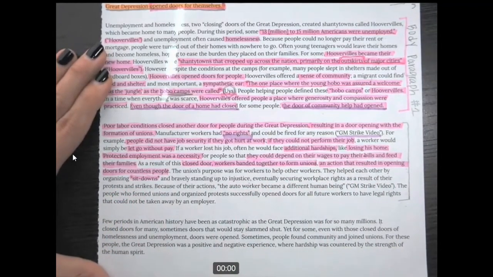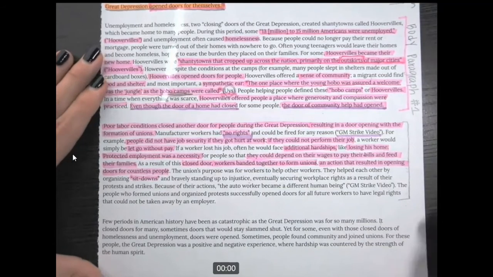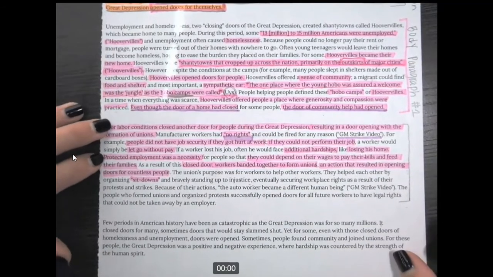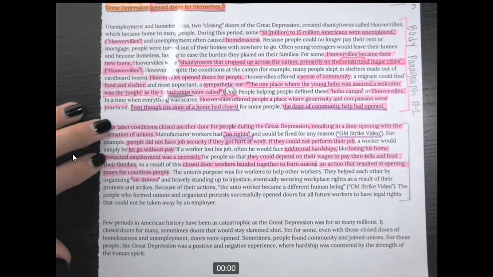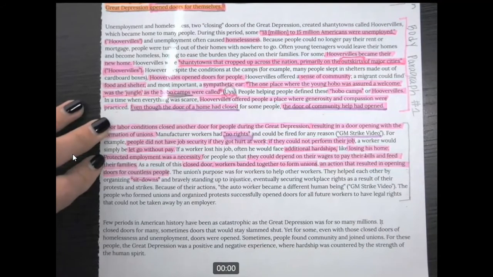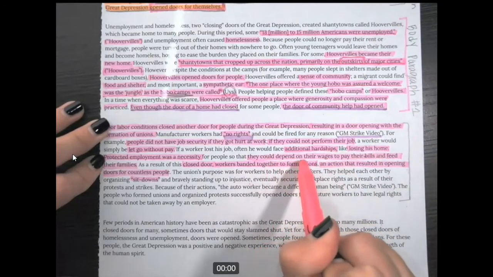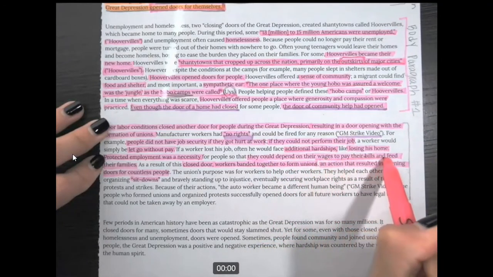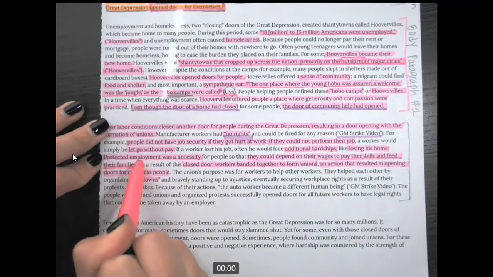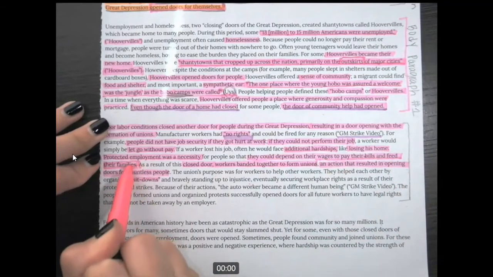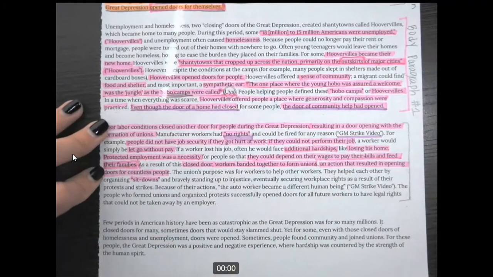So, as we can see, boys and girls, these people were fighting so that they could have job security. So they could have basic working rights, and so that, ultimately, at the end of the day, they were able to pay their bills and to feed their families. That's what was a lot of people's priority during that time, making sure that they were able to take care